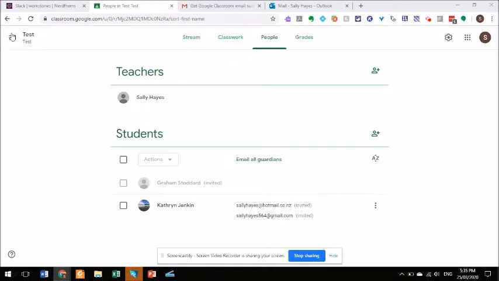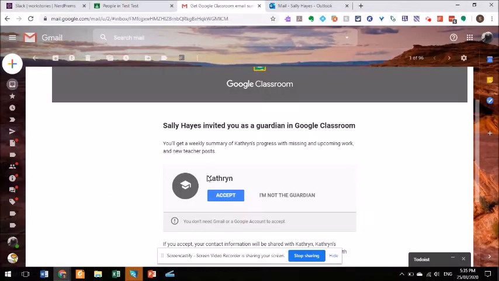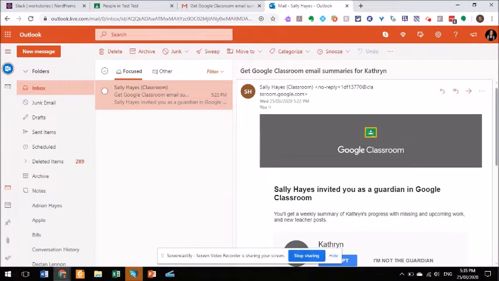So I've made a test classroom here, and I've added Miss Catherine Jenkin, who is one of the heads of Department of Science, and I've added myself with two different emails here as her guardian. So as I've been added as a guardian, both of these email addresses will get an email saying that I have been invited as a guardian for her on Google Classroom, and both of them